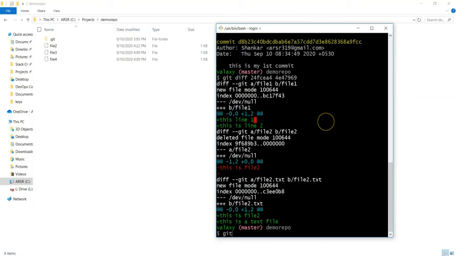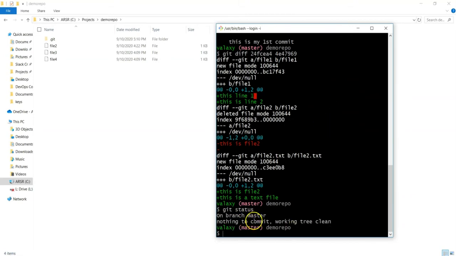And you can check this with git status. All the commits are done at the local repository. That is the reason there is no file called file1 at this moment in our repository. But in the previous commit there was a file called file1, and these were the lines in that file.